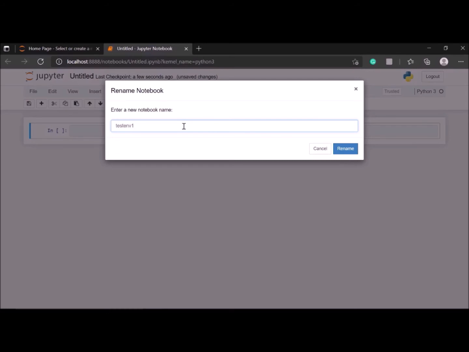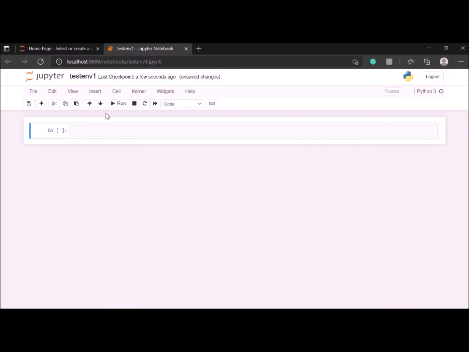This name is for my Jupyter notebook, not for the environment. Okay, don't be confused. So I have shown you what dependencies were installed in this environment. Now I will install one more library, suppose NumPy.